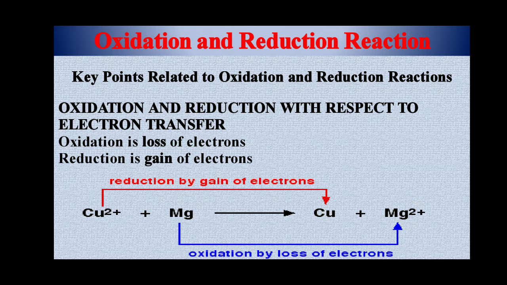That means whenever a metal is donating electrons, at that time it achieves a positive charge. So you can see here Mg has no charge, but here plus 2 charge, that means it is releasing or losing 2 electrons, and that is why it is oxidation. And here Cu2+, but here it is Cu, that means it is gaining 2 electrons and becomes Cu, and that is why it is the reduction, and this one is the oxidation.